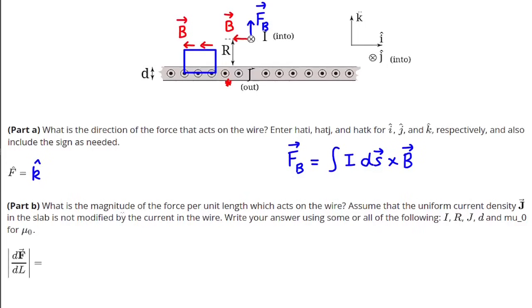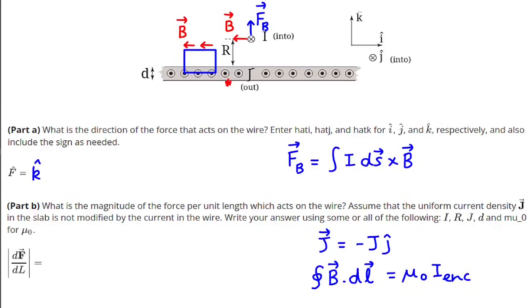What is the magnitude of the force per unit length that acts on the wire? And assume that the uniform current density in the slab is not modified by the current in the wire. So recall our current density that's given in the problem is minus j in the j direction. So essentially, the vector points out of the plane, and then we use Ampere's law, which is the line integral of